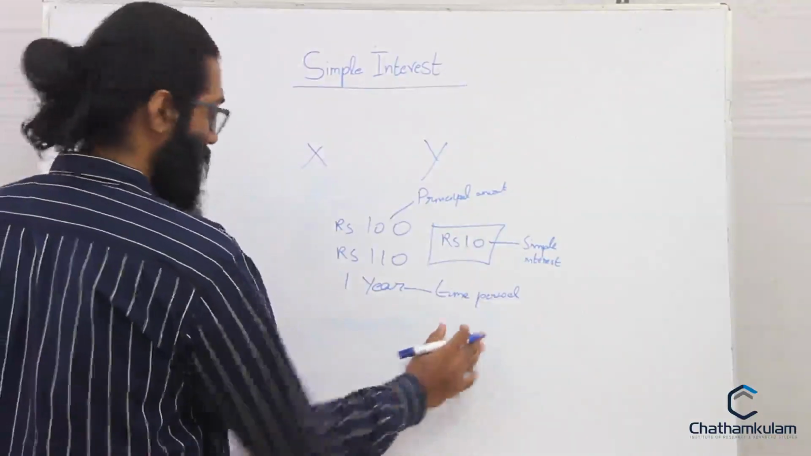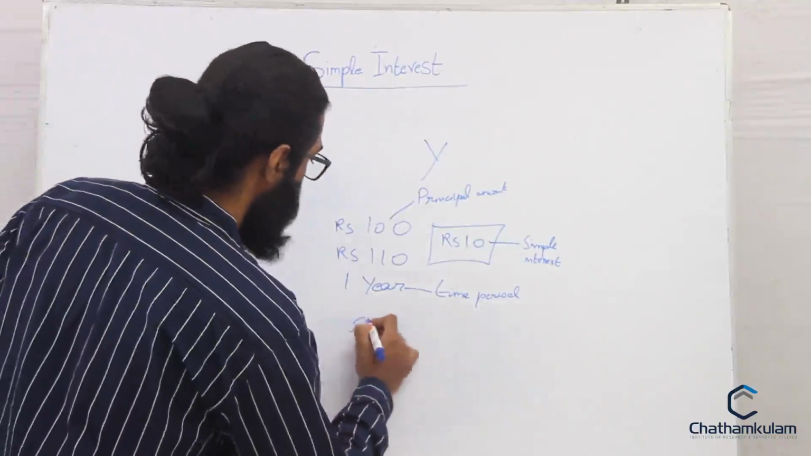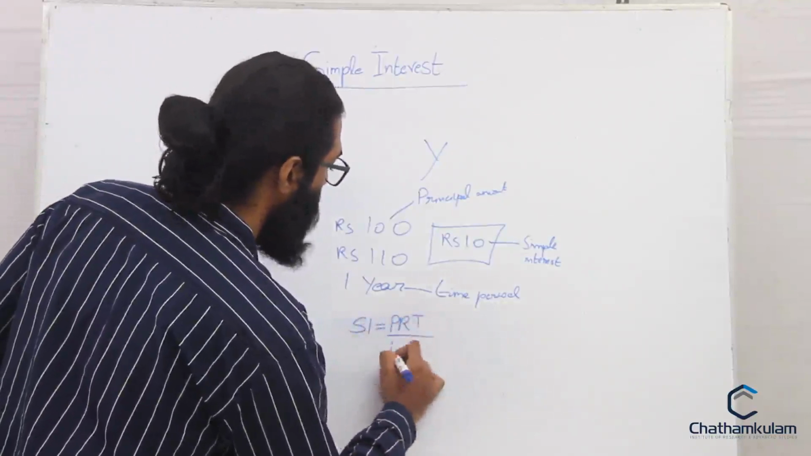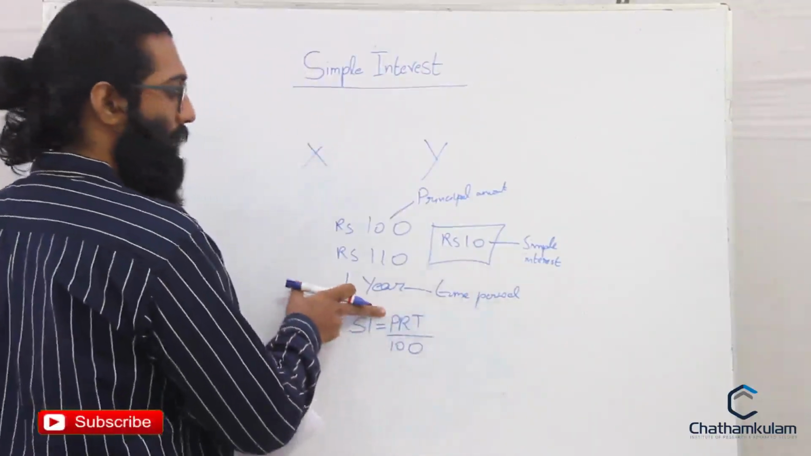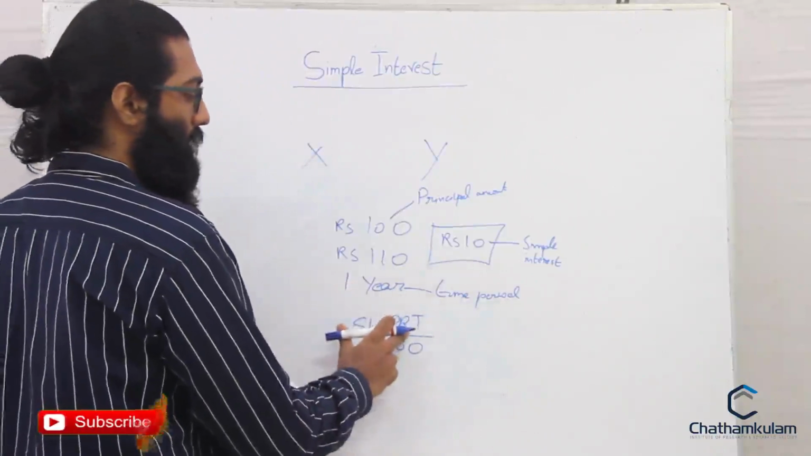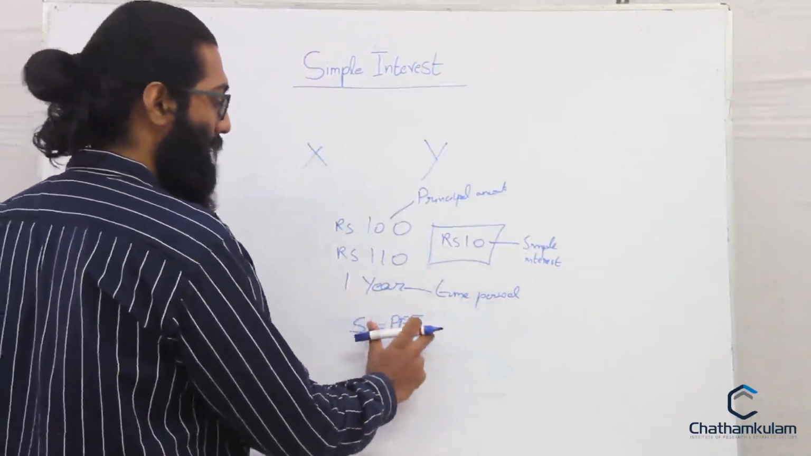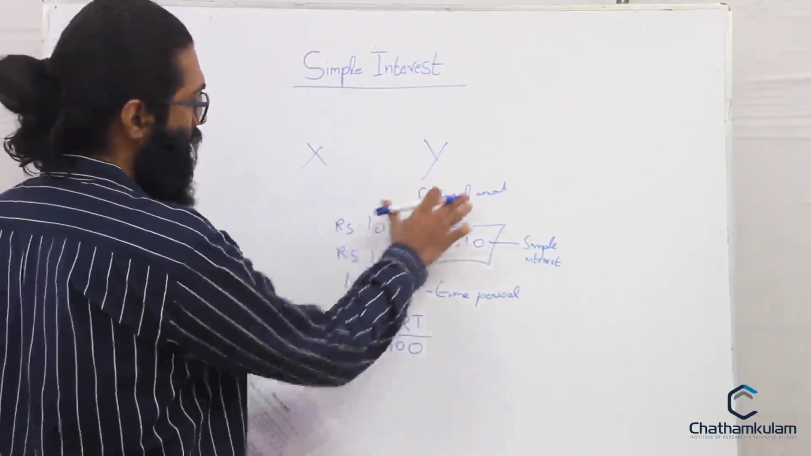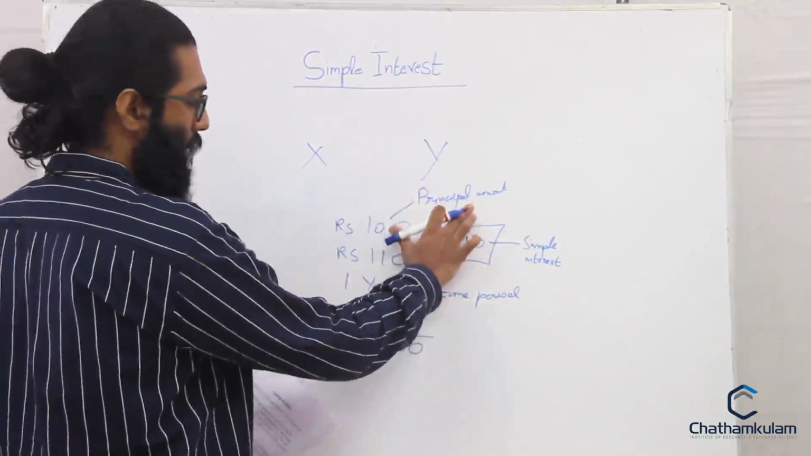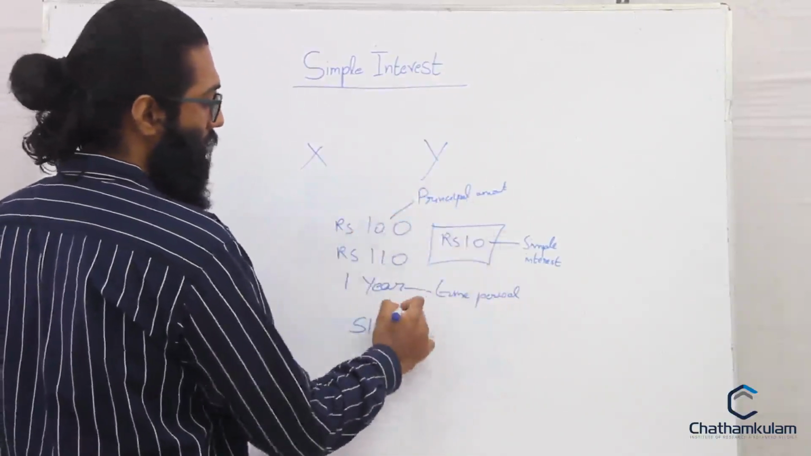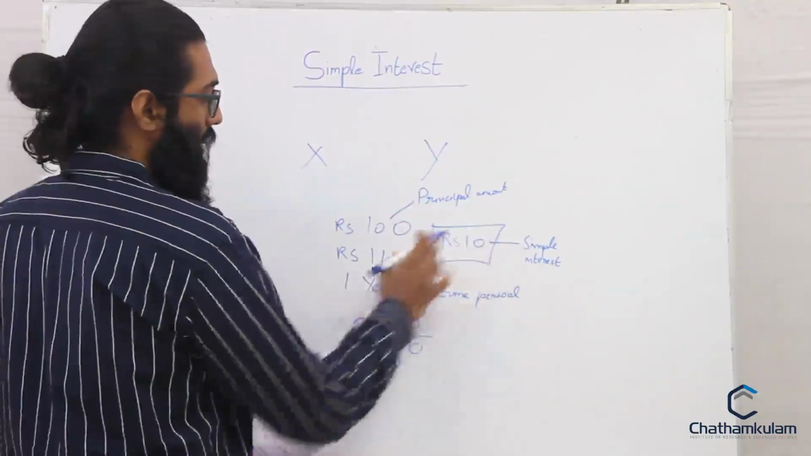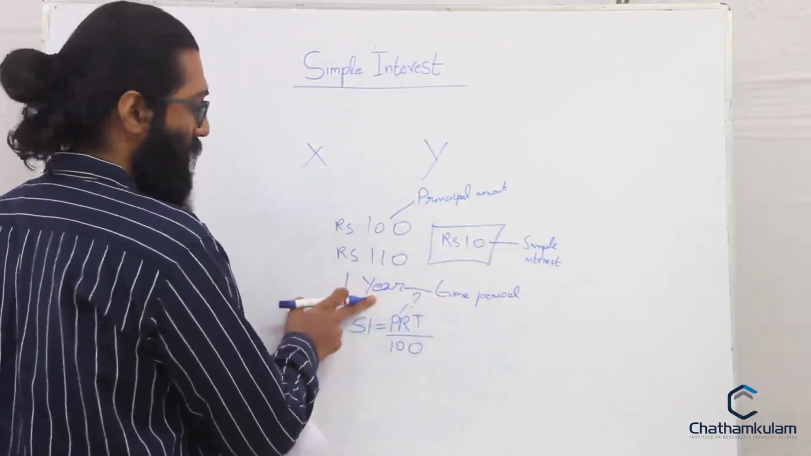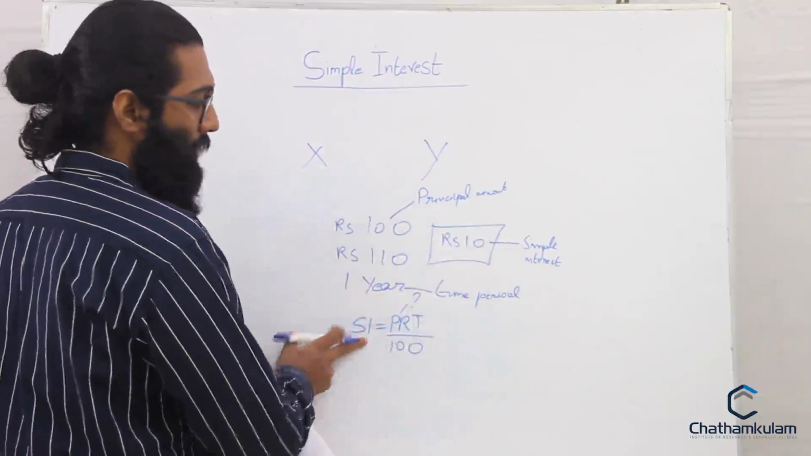So we have the formula: simple interest equals PRT by 100. P is the principal amount, R is the rate of interest, and T is the time period. Here we know rupees 100 is the principal amount. R we don't know, we have to calculate R. T is the time period, the time taken for the amount to return,